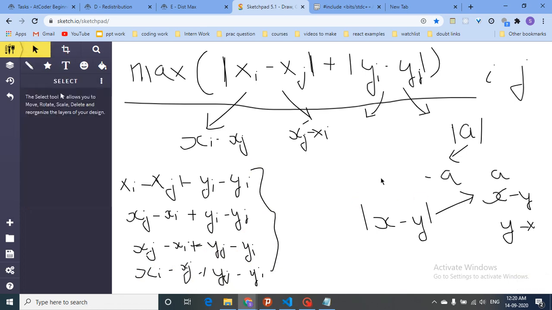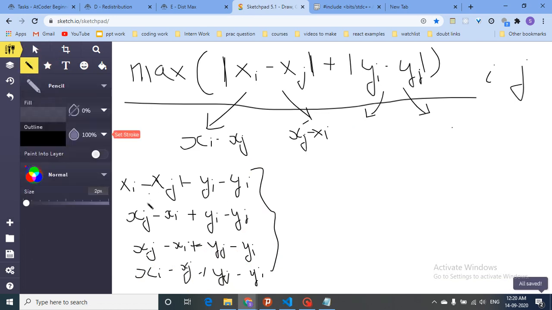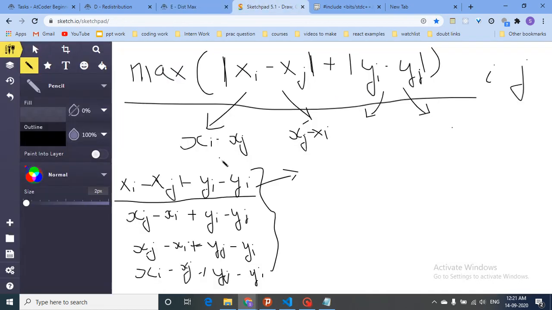So how can you find out the maximum among all of them? You can pair them up. You have to find out the maximum of this expression. Okay, so now what does this mean? If you take 2 points, you have to find out the maximum of this value, just taking 2 points. Because you are given the input in this form, 2 coordinates x1 y1 x2 y2, let's pair x1 and y1. So it's xi plus yi, and then the whole minus of xj plus yj.